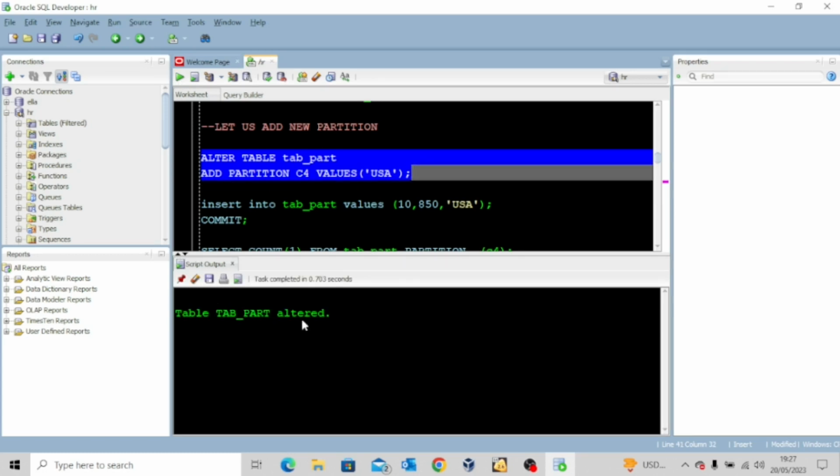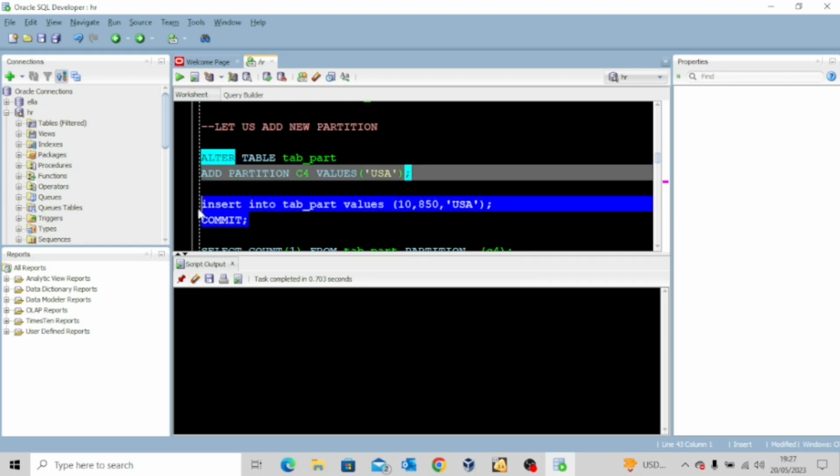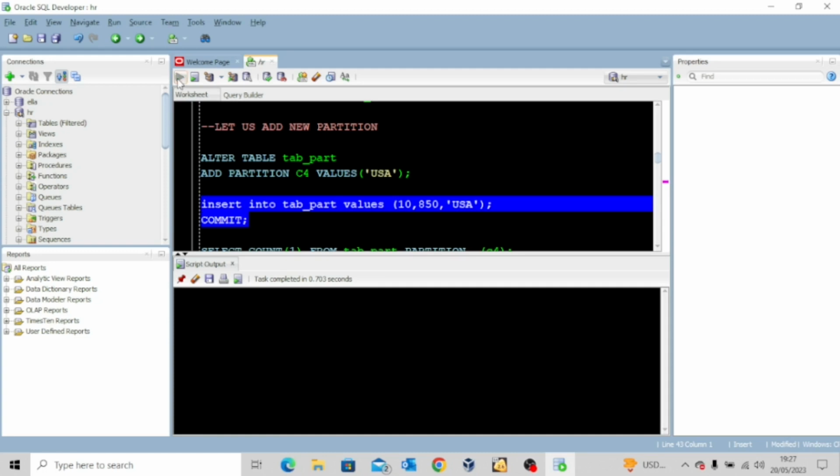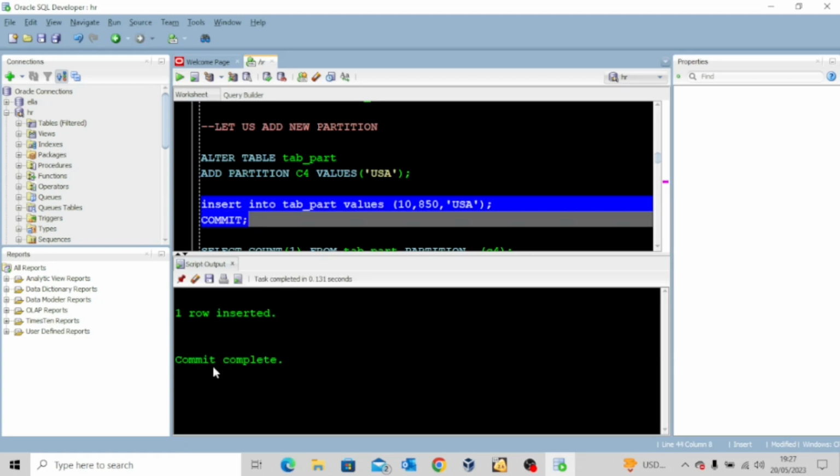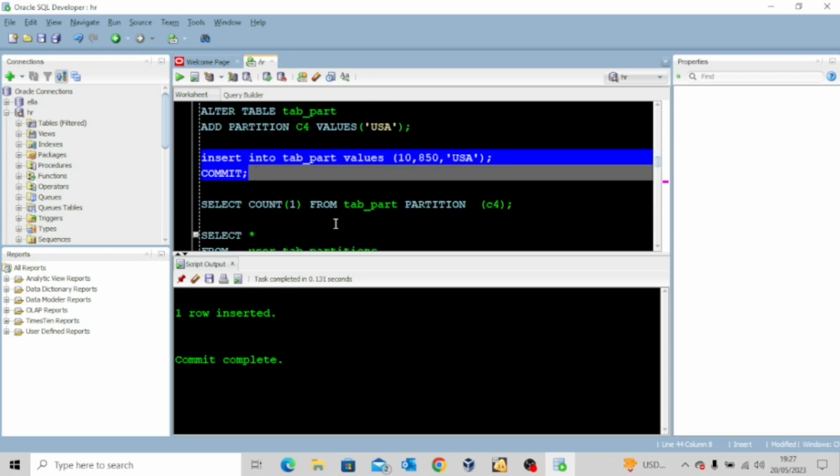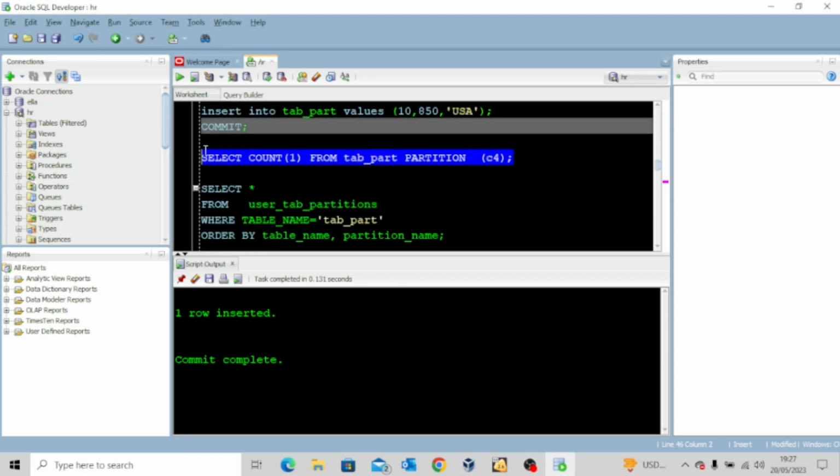And then you can see the table has been altered. So if we try to insert the value and commit, you see that we will not receive the error again. So one row inserted, commit complete. Now the next thing we want to try to do is to select count from tab_part, and